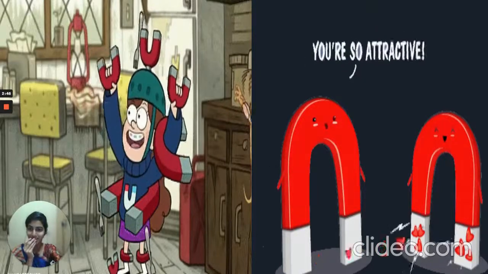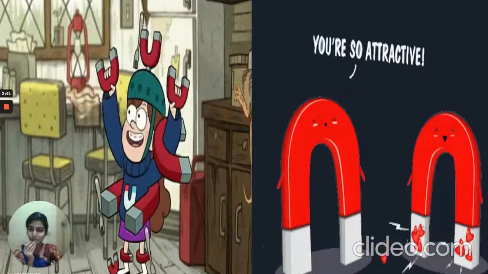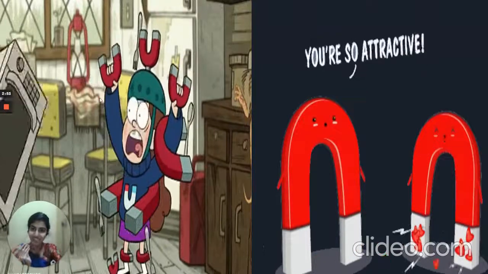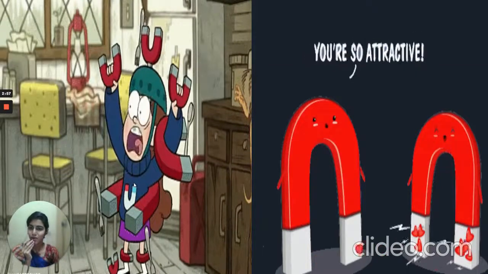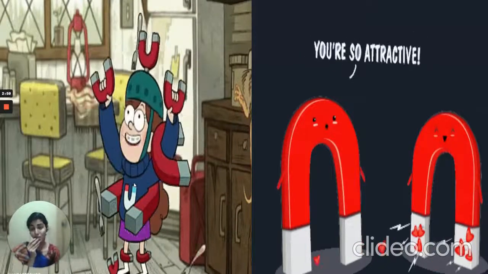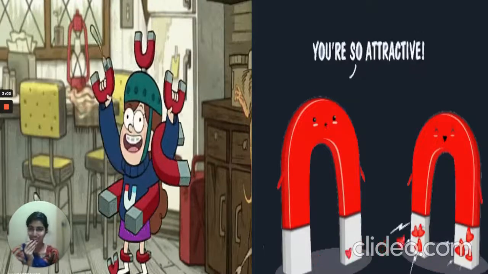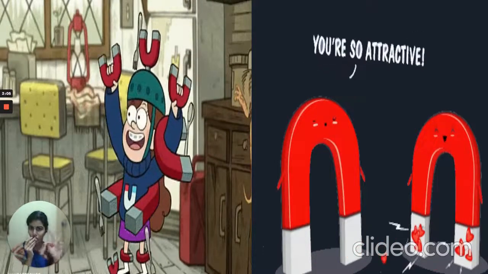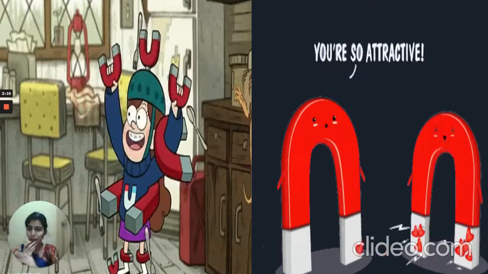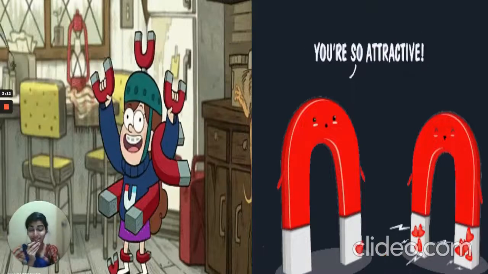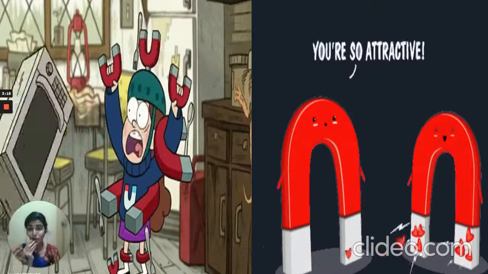Can you all take a look at this picture? What is happening in the first picture? You can see a boy standing over there, right? What is he covered with? His body is covered with magnets. And what is the shape of that magnet? It's a horseshoe shaped magnet. So you have small and large horseshoe shaped magnets all over his body, right? And what do you think is happening around him? Yes, all these substances are getting attracted to the magnets all over his body.